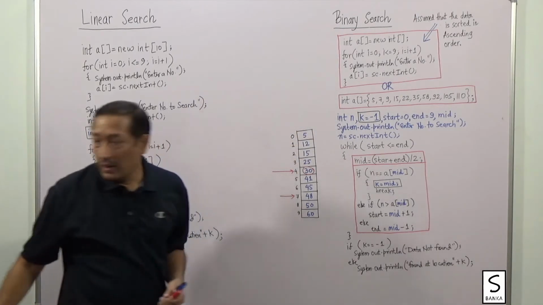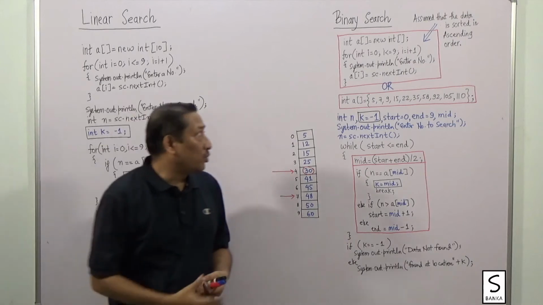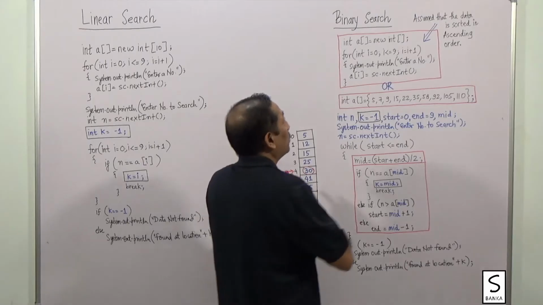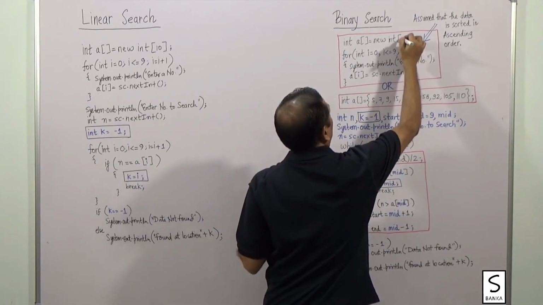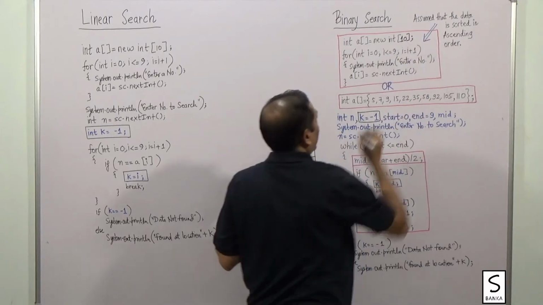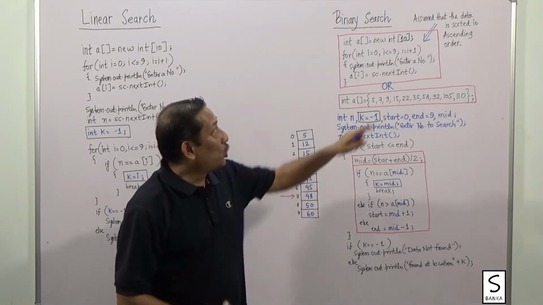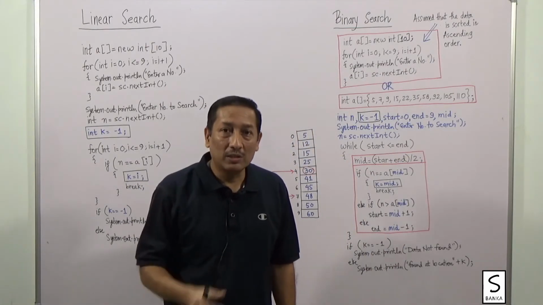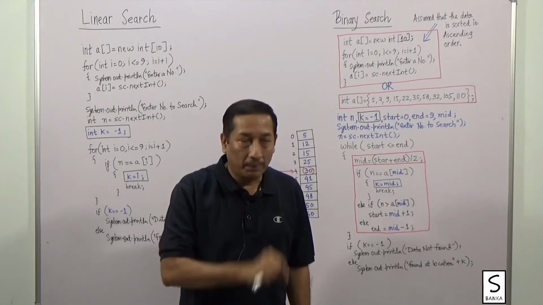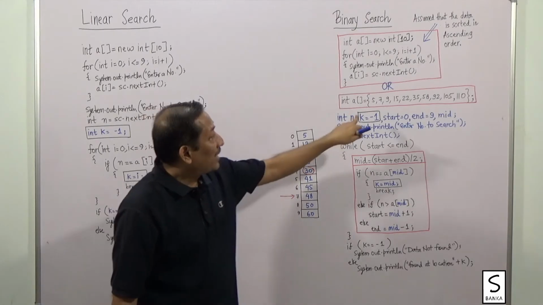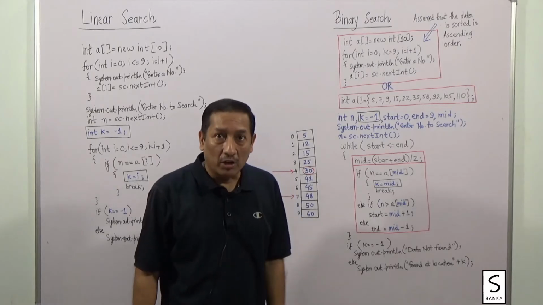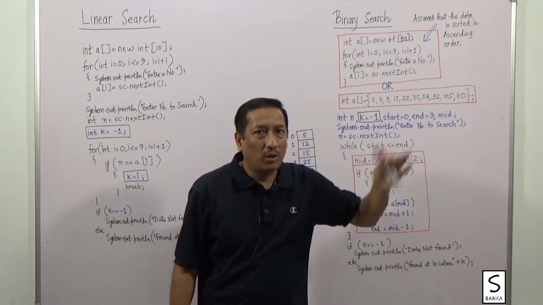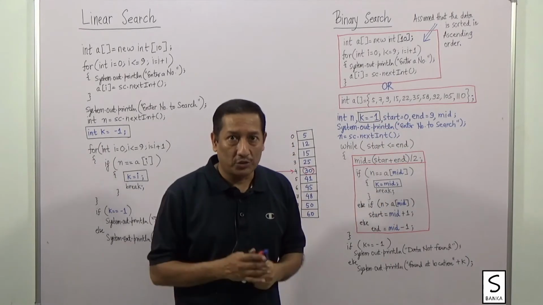we will see its working, and before the working, I have made the program for you. As you can see, I have entered the data, I have created an array of size 10. Here the value of the size of the array is not mentioned, so here it is, the size of the array is 10. We entered the data, and we have assumed that the data entered is already sorted in ascending order, because the prerequisite is that data needs to be sorted. Alternatively, we could have assumed a set of data which is in ascending order, and instead of creating and inputting data, we could have directly assigned the data. So either technique is as per your choice.